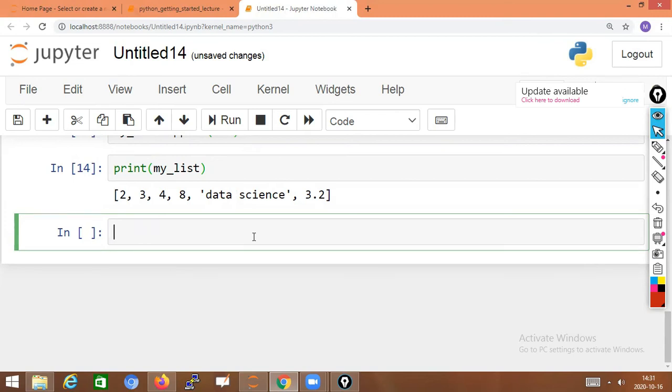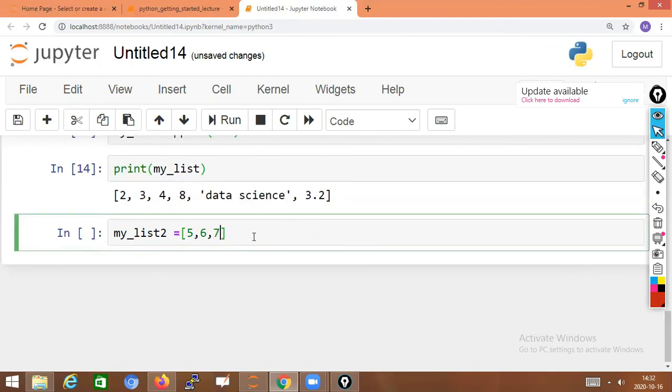Not only this, you can also extend the list. For example, I'm taking another variable, my list 2, and storing in it 5 comma 6 comma 7. To understand, I'm taking another new variable.